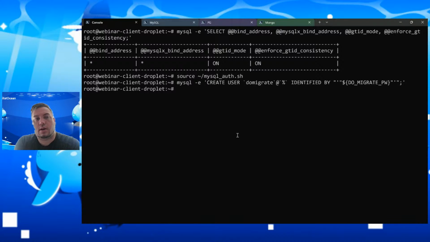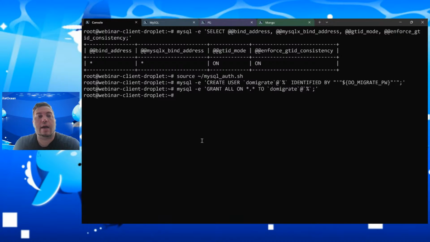Now I also need to grant the user permissions. Unfortunately, at the moment, we have to give pretty extensive permissions to this user for MySQL. So I'm going to grant all on all databases so that when we go to migrate, all the access we need is there. One of the nice things about setting up a custom migration user instead of using an existing one is that if we're going to have this source database around after the migration completes, we can just drop this user and take away any issue with access, because it's not a required application user, or a root user or anything like that the system would otherwise require. So I'll have those grants,